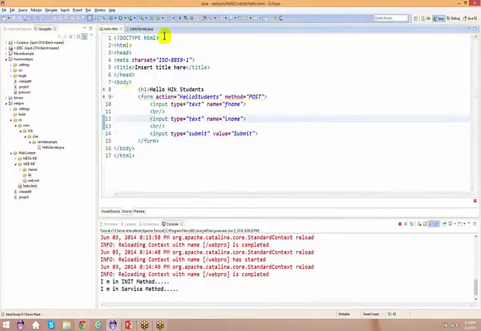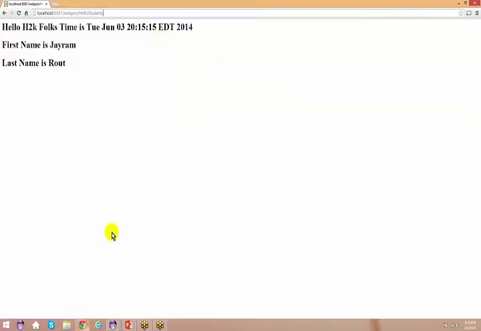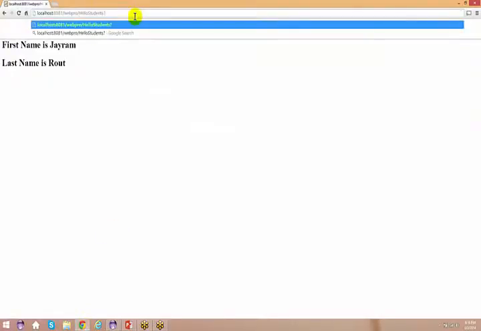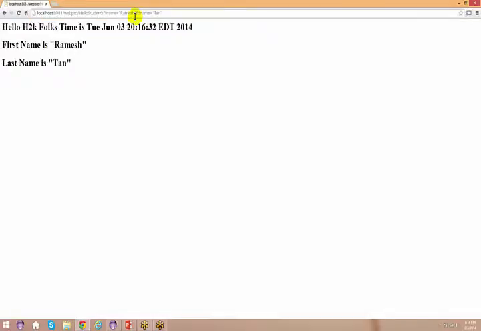Instead of that, I will not use my hello.html. How do I access my servlet? And I want to pass the first name and the last name to the server. In that case what I can do is I just say question mark, firstName equals to Ramesh, ampersand, lastName equals to Dan. Now you see that the moment I gave anything in the URL also,